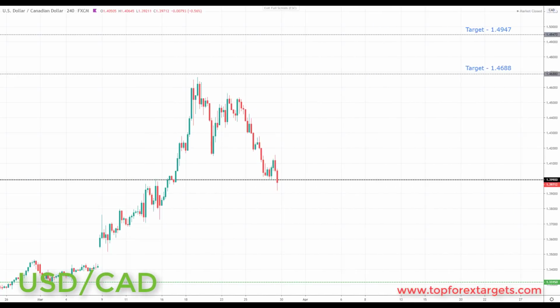So next market we're going to look at is US dollar CAD. Now last week we highlighted the 1.3990 as a pullback zone in the US dollar CAD. We did pull back to this area and we did test it last week, and we're sitting now right at the 1.3990. So very simply put, going into next week, this is now a great place to start to look for bullish setups, and we're going to be looking at initiating longs up towards the next key area of resistance to the upside and the target set at the 1.4688. If we can get a break through here, we're going to be looking up towards the next key area of resistance to the upside and target 2 at the 1.4947.